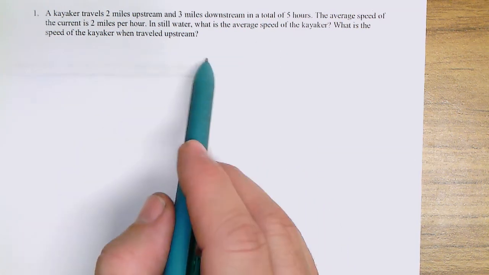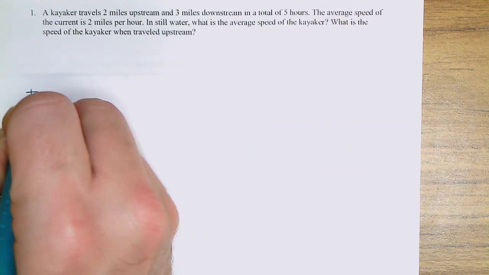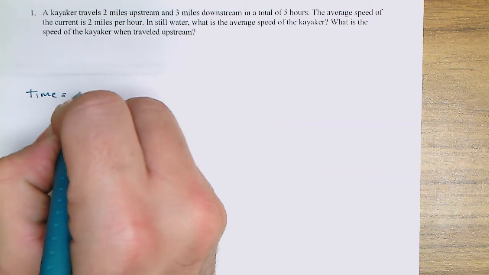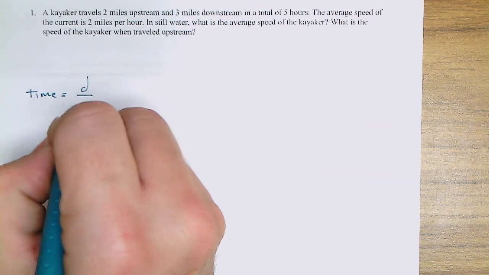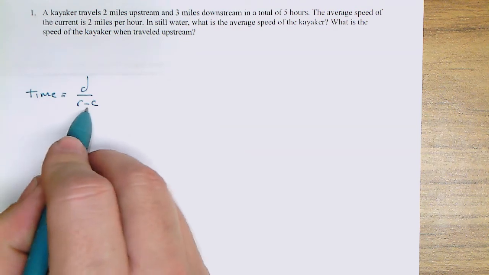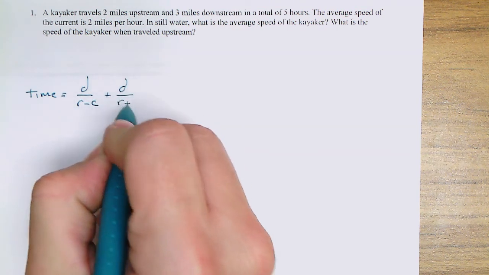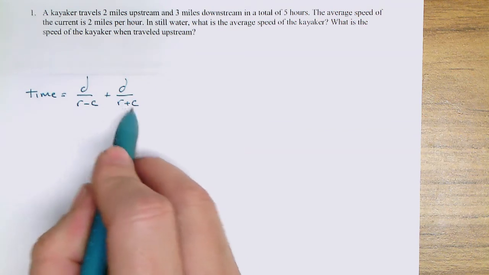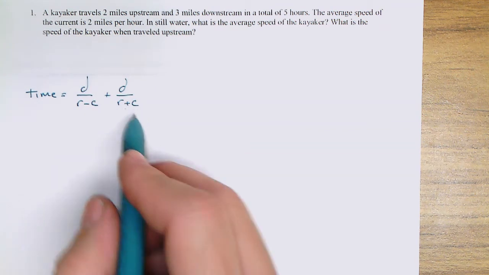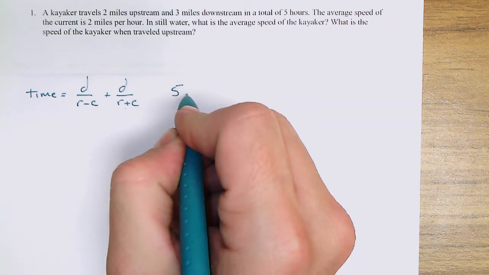So this problem is a current problem, and we set these up as time is equal to distance over rate minus the current, so this is when we're going against the current or upstream, plus distance over rate plus the current. So this is when the current's helping us, we're going with it. So in this case, it took 5 total hours,